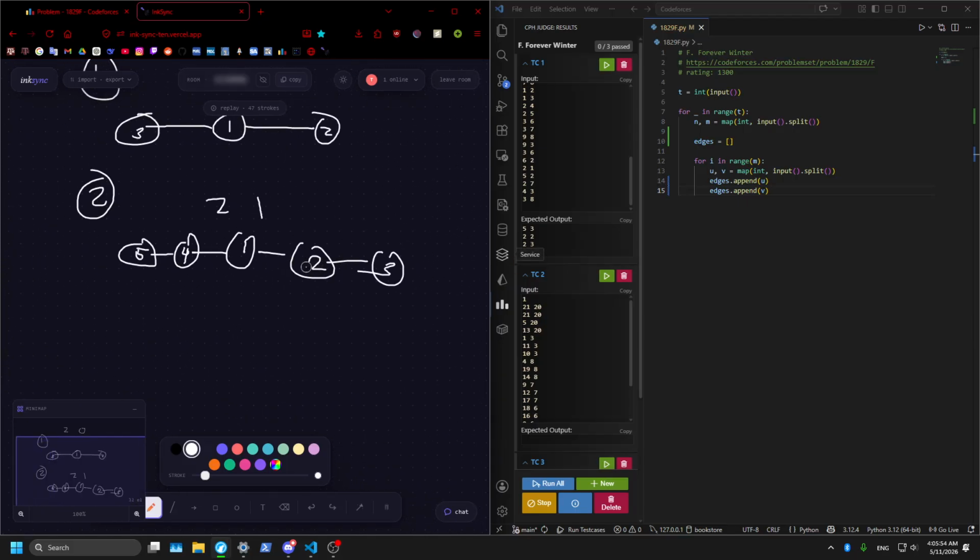Where each of these have a 2 connection, but technically for each of these nodes it's a 2 connection too. We just process the minus 1 at the end, right? Which becomes an issue because then you don't know which one is the center node. Or I guess if you find everything is equal, you can probably just print